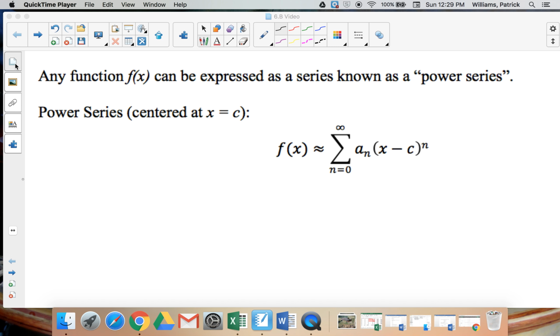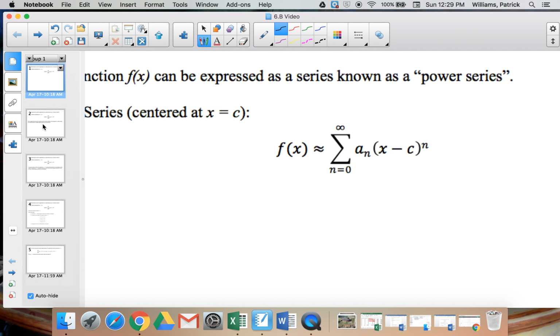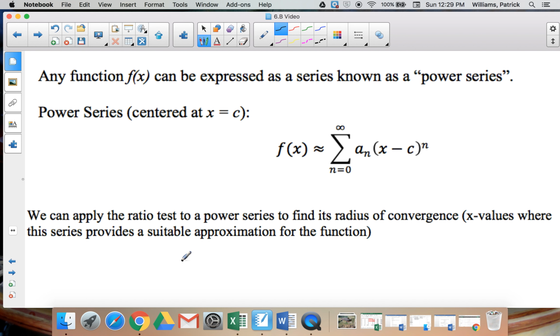And it's also how your calculators work. It's how they calculate various functions. It's also how, if you wanted to just ditch your calculator, you could calculate values of some fairly complicated functions by approximating them with infinite series. But anyway, they're really cool just because they allow us to represent any kind of function, at least in part, with an infinite series. So some other neat things we can do with power series is if we apply the ratio test